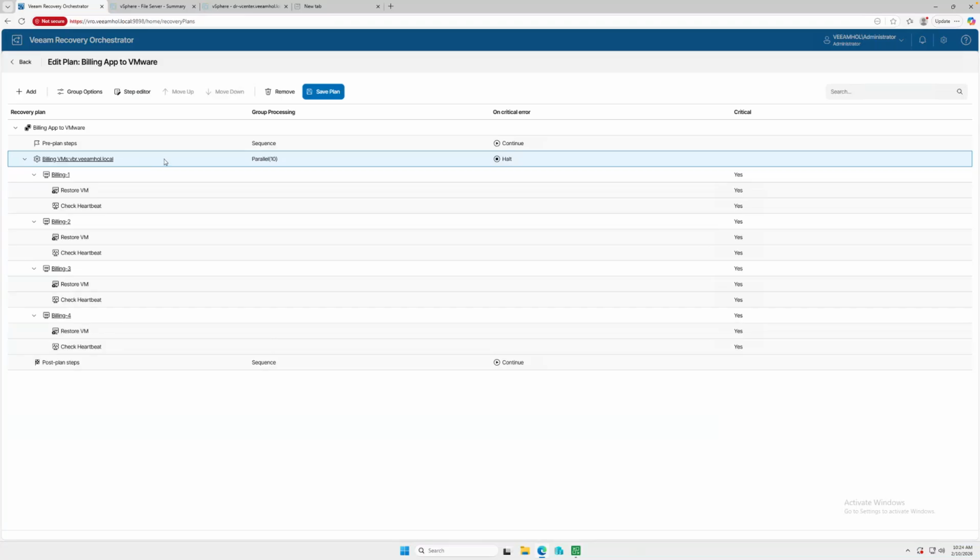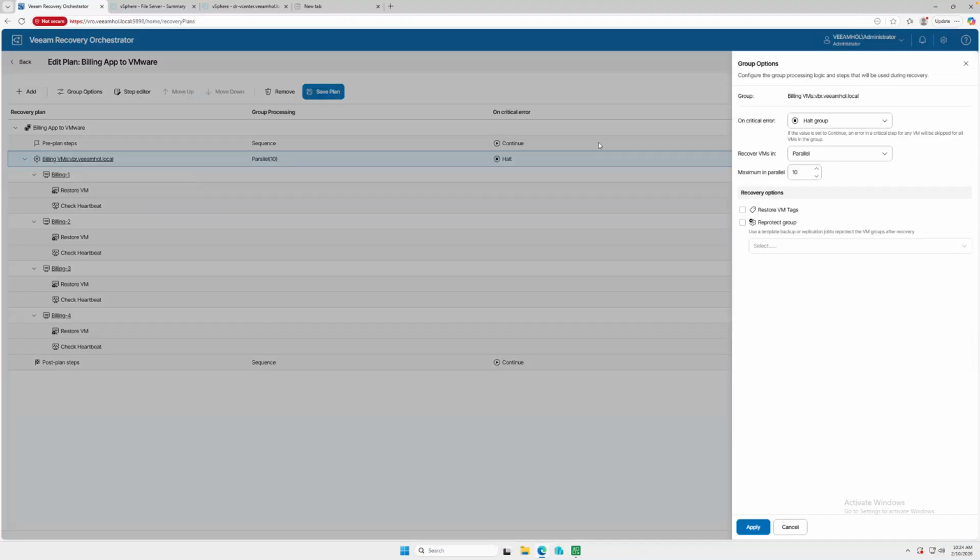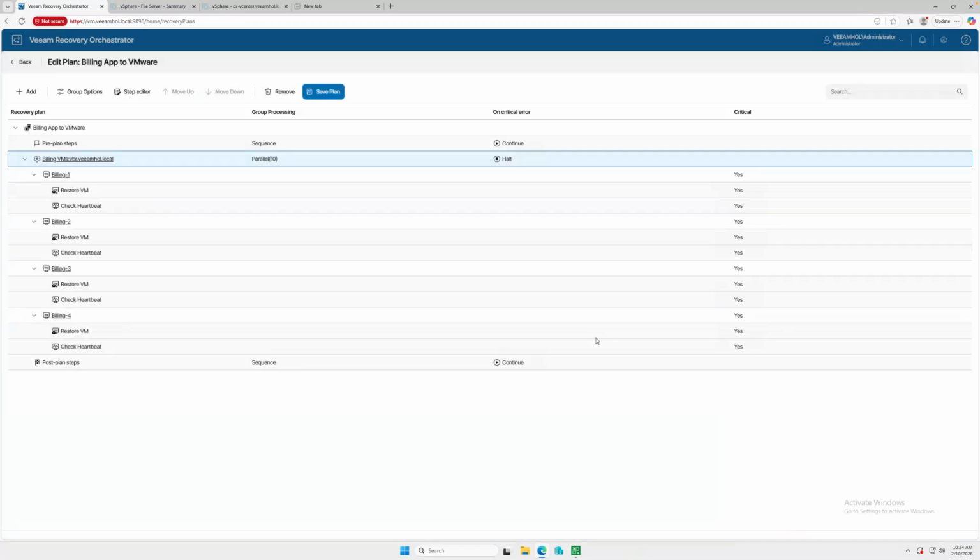And so in this example, I'm going to go to group options and show here that we can actually restore the VMs with their original VM tags. We can also do reprotect group, which would allow it to choose a template to back these up once they've been restored so that they continue to stay protected, which is a very powerful thing because that's a question that I would always get asked a lot is, okay, now my things are restored,